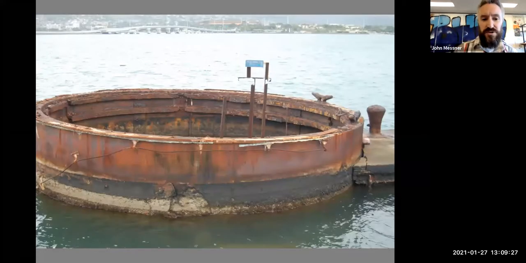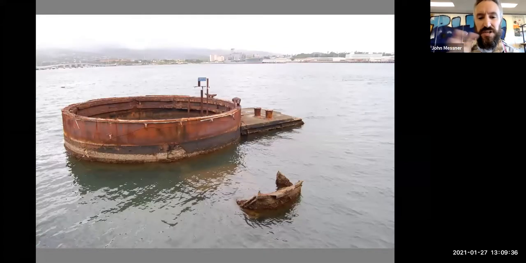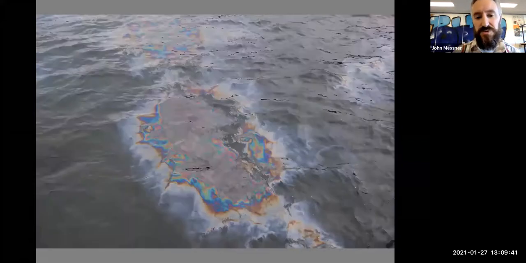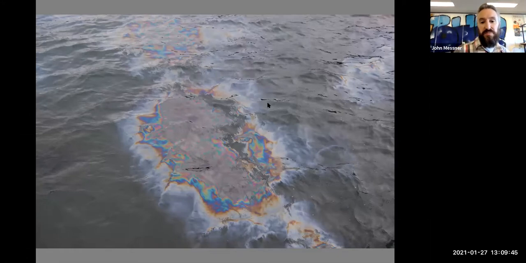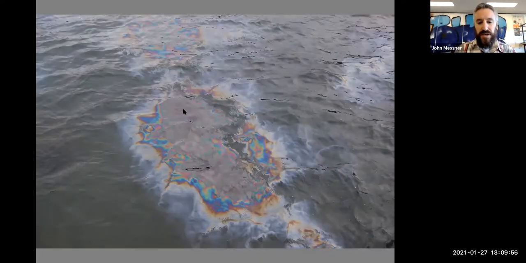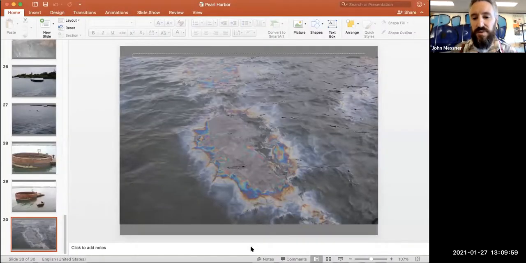Okay, and here's the one turret of the big cannon that sticks out and is visible above the waterline. And so you're seeing it from the memorial looking out. And then you're looking down and you see the whole profile of the ship below you. And again, here's a better picture of that oil slick. They actually call it the Arizona's tears, crying tears of oil for the tears of the lives that were lost aboard the USS Arizona. So, okay, that's going to end our talk about Pearl Harbor.